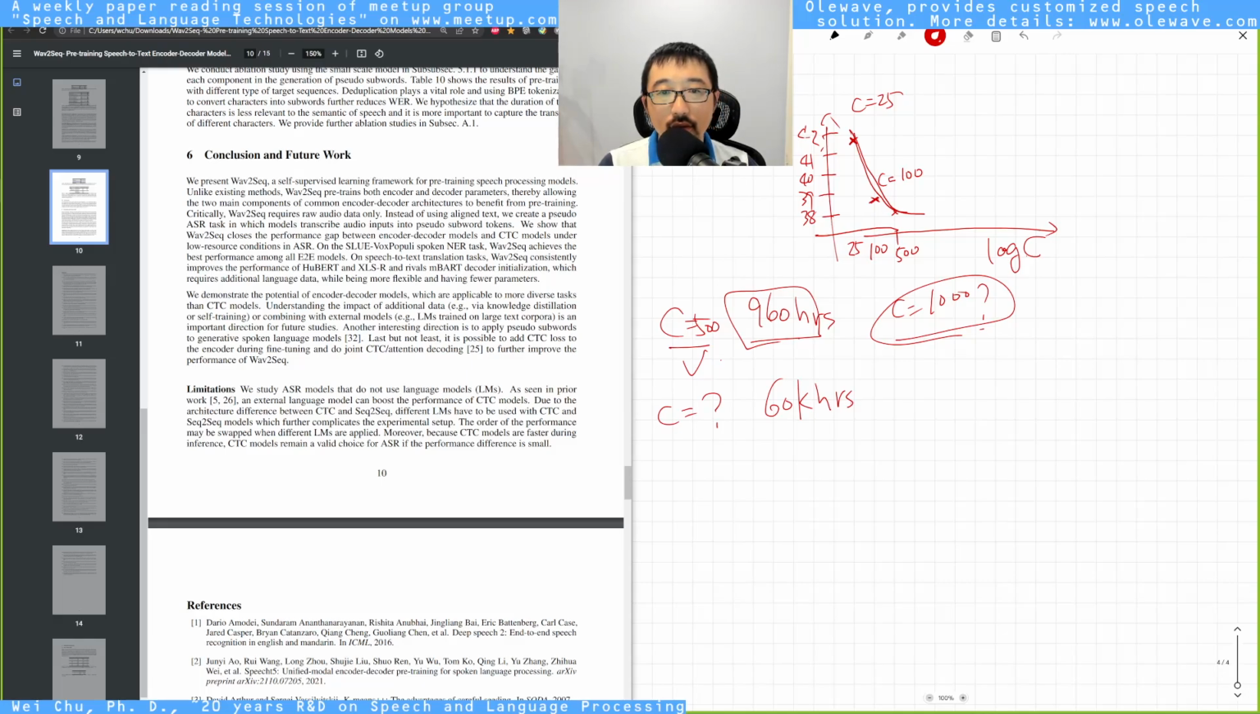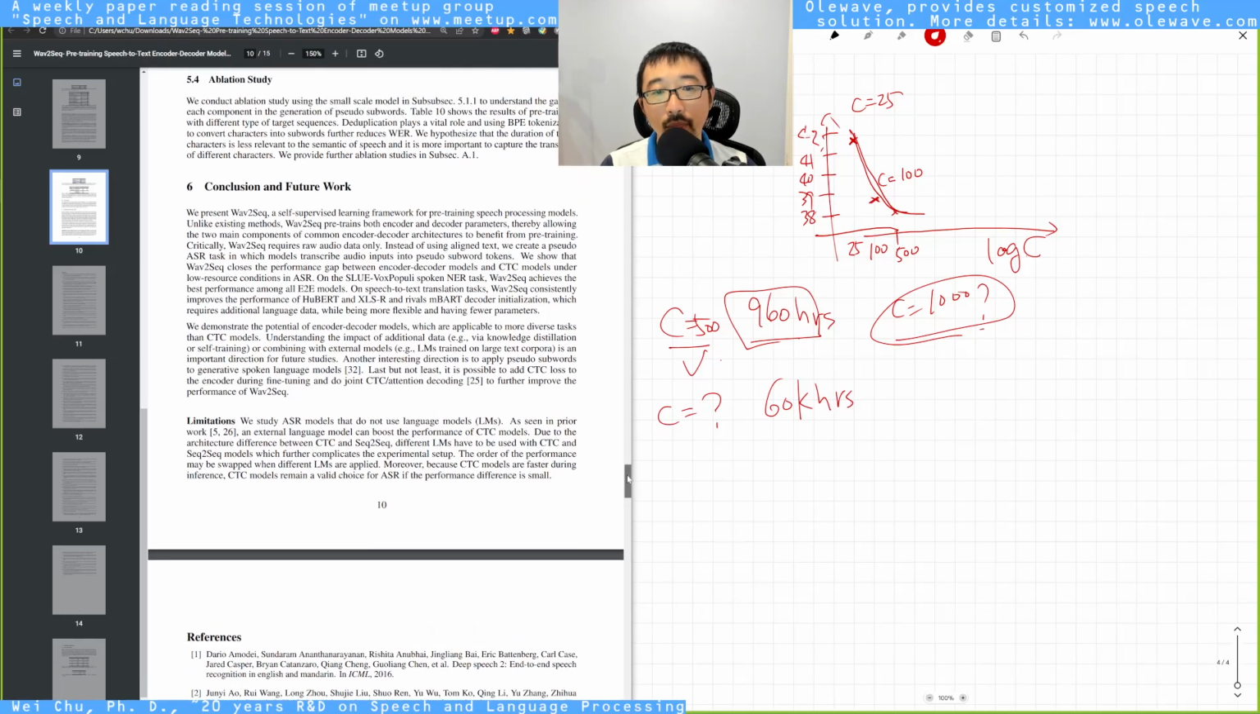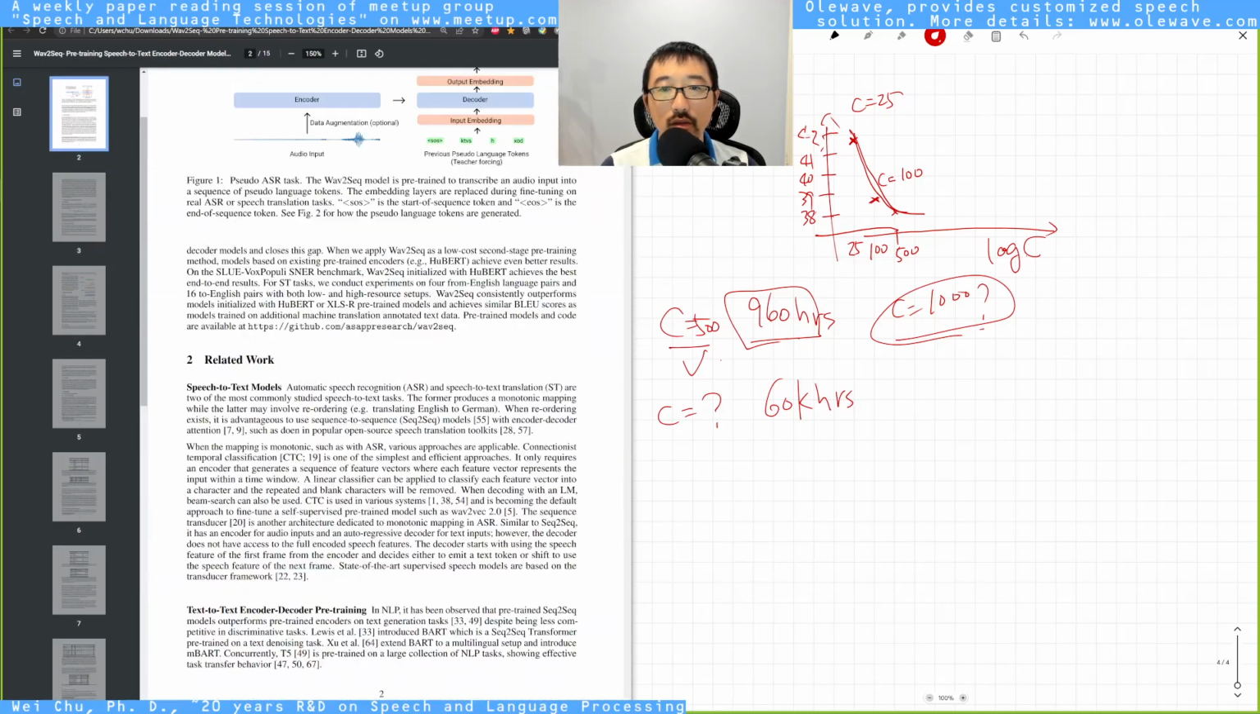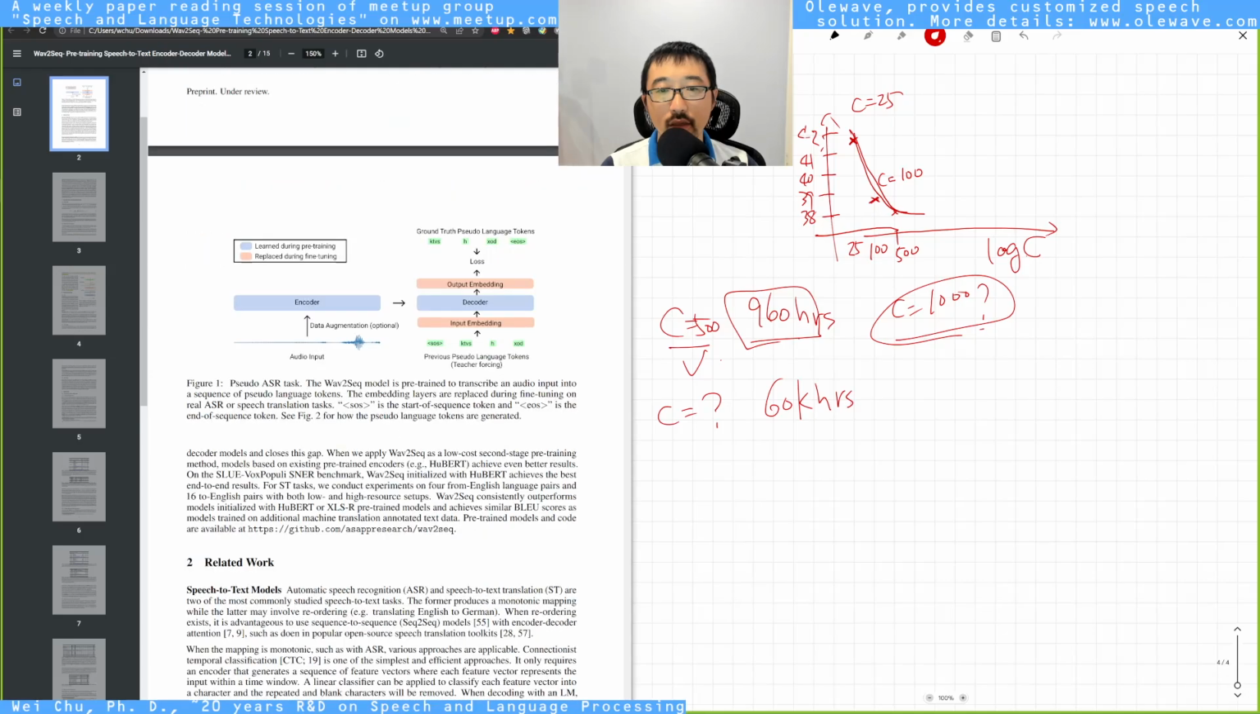And it's beneficial to the CDC model. Wait a second. They probably have a decoder, but I haven't checked their code. And maybe I didn't read their paper thoroughly. Oh, you can see in figure 1, they do have a trained decoder. You can see